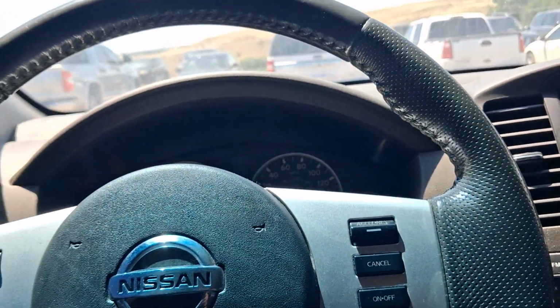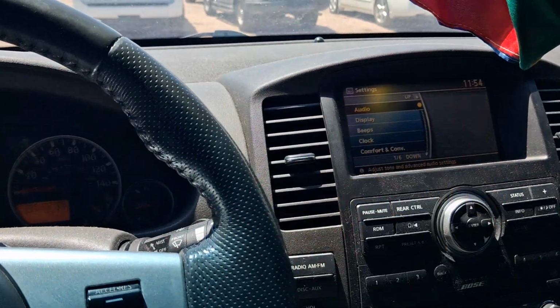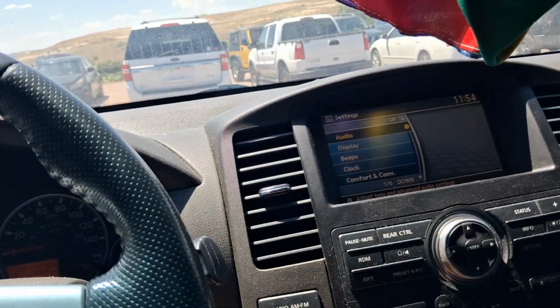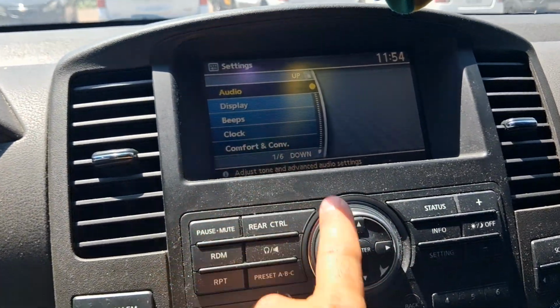Hello, I'm in a 2010 Nissan Pathfinder, and today I'm going to show you how to adjust your language interface between English, Spanish, or French. So first, make sure your vehicle's on, and then from here we'll go to Settings, and then we'll scroll down